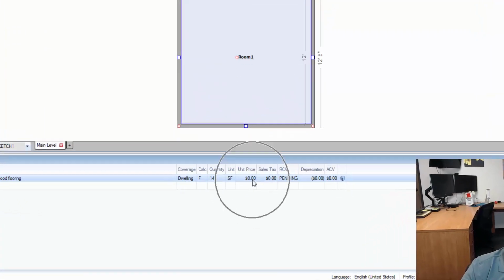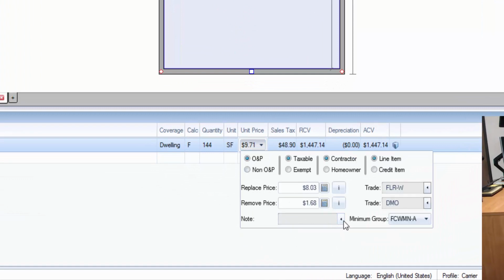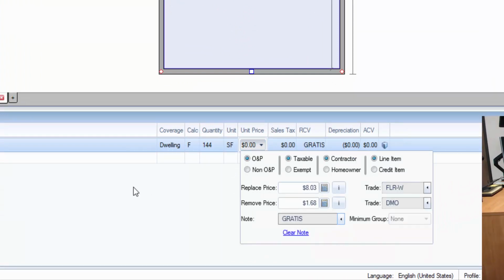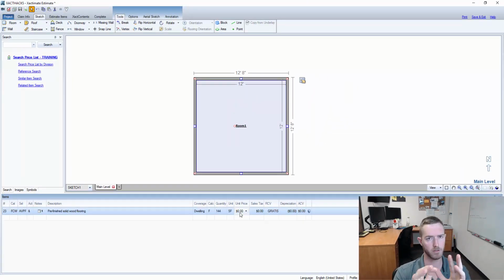So let's go back to this unit price. We're going to clear the note here so there's no note. This time we're going to go with gratis. Now, similar idea here. Sometimes, and I know it's sacrilege, but you might perform an activity and not charge for it as a thank you to the customer, or